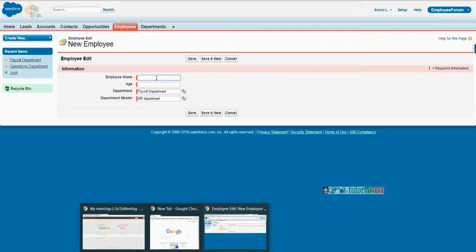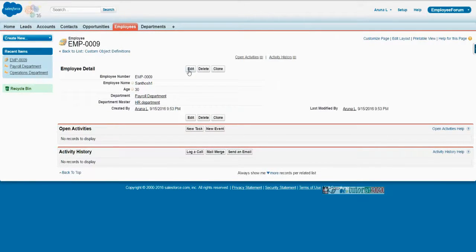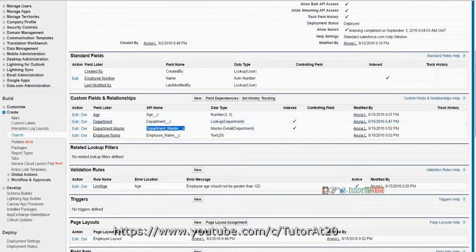Employee name Santosh 1. Click on save. If I click on edit, what will happen? See, master will not allow me to change value. However, lookup will always allow me to change value, and it is also not necessary that I will keep it mandatory or not. If I remove that mandatory one